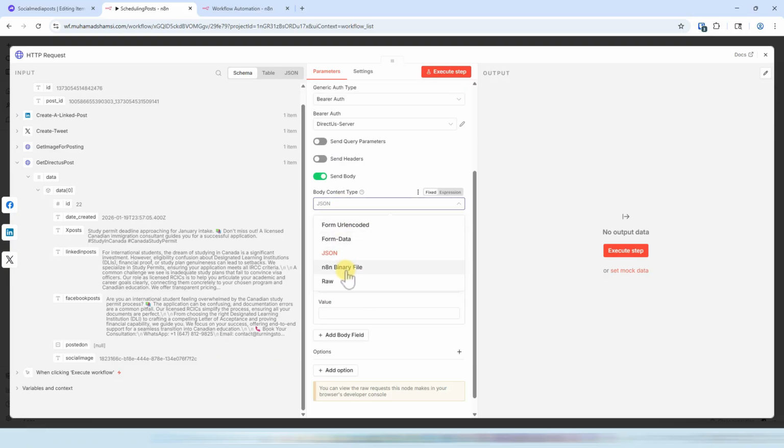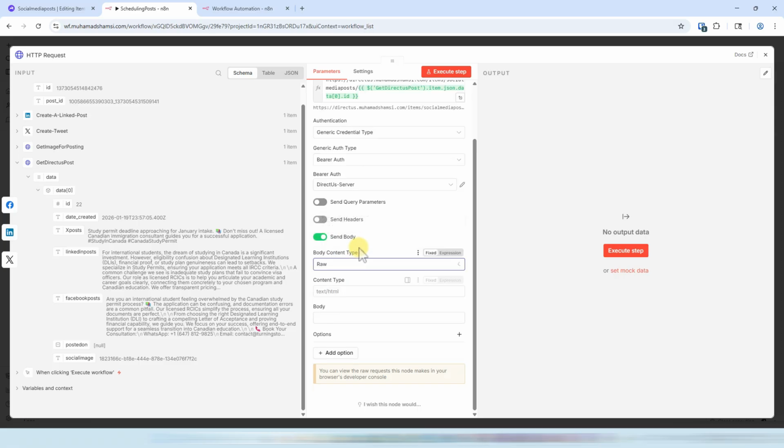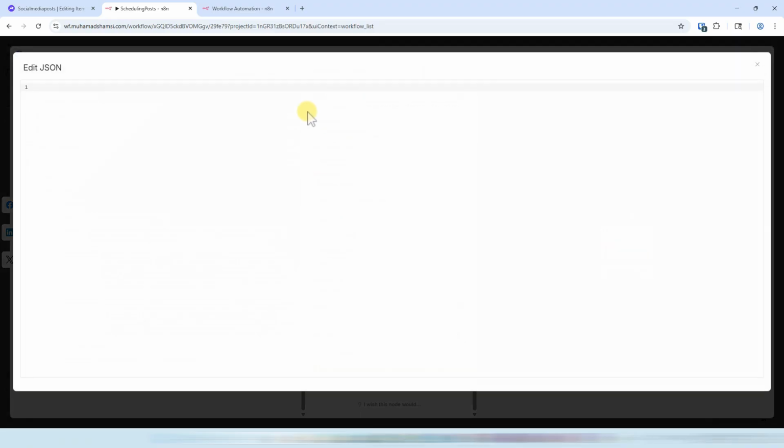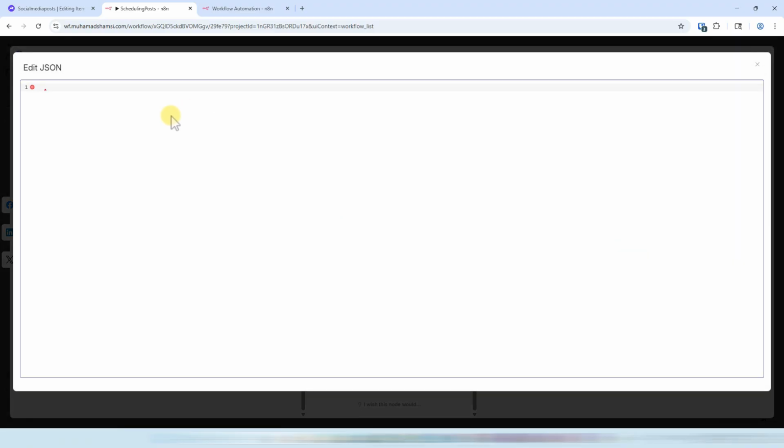You will get used to it as and when you practice. So here it is. So we need to do a JSON body using JSON, and we just need to pass one simple field, which is posted on colon